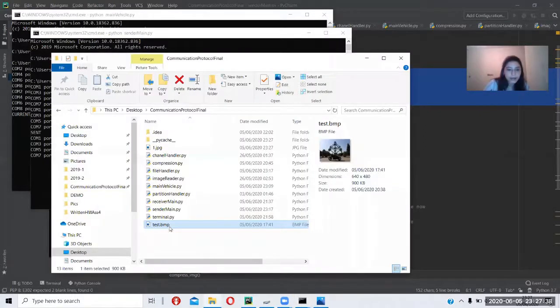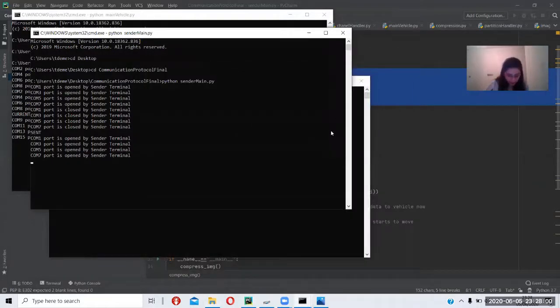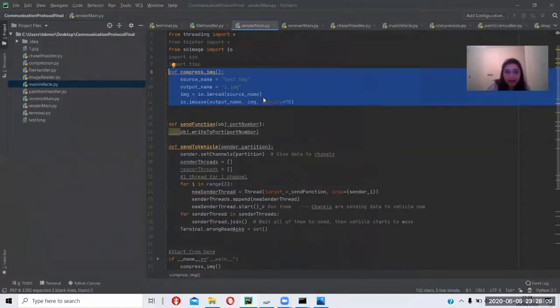First of all, let me just show you how this test file has been converted into a JPEG file right here. It is now much, much smaller at only 43.3 kilobytes. And we'll be soon seeing a results JPEG folder popping up, which is going to be the JPEG which is received on the second terminal. Now, the reason for this taking so long is because I've added delays in between to kind of simulate how this whole process would look like in real life if the vehicle was going between the terminals.